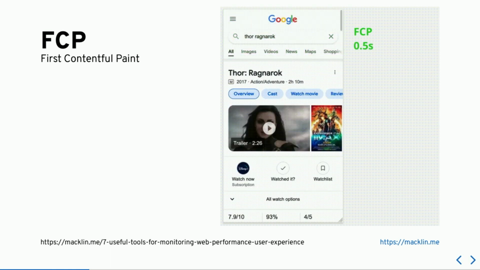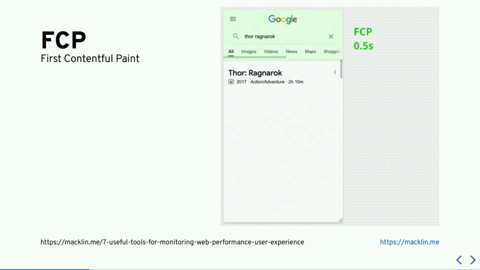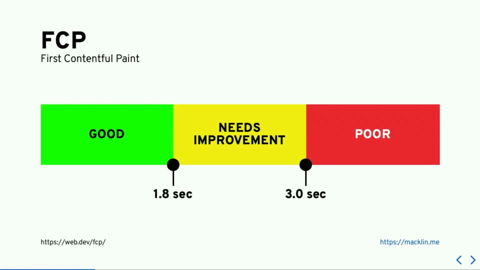So I use Google as an example here because they stream the results back. So you tend to get parts of the page as it loads. I've slowed that down obviously, but you can see that top part, which is your search result, will load first, and then you'll get the rest of it. So the FCP metric is the moment that first block on the page renders. The working group says that a result of under 1.8 seconds, I guess on average, is good, and anything over 3 seconds is also room for improvement.